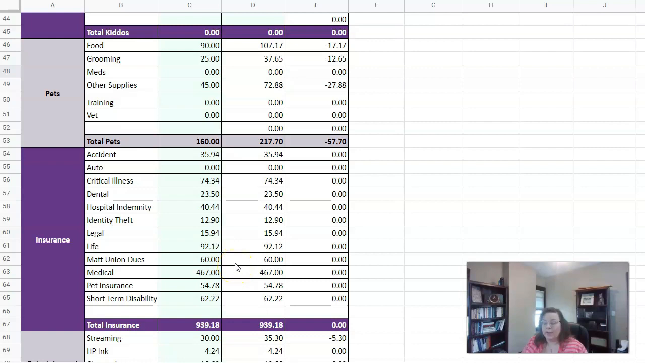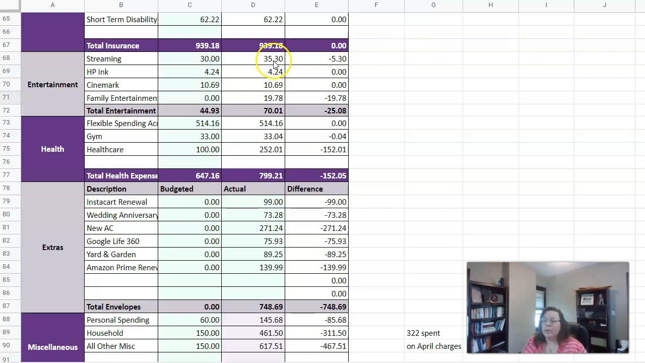MAT union dues is $60 because I don't know where else to put them. Medical is $467. Pet insurance is $54, and short-term disability is $62. That brings the total to $939. In entertainment, we had $35 for streaming, $4 for HP Inc., $10 for Cinemark, and $19 for family entertainment,